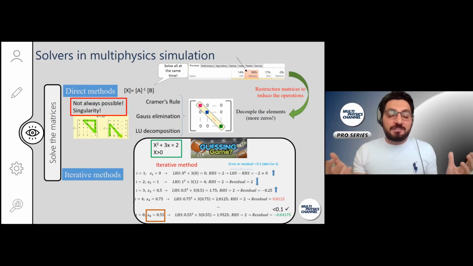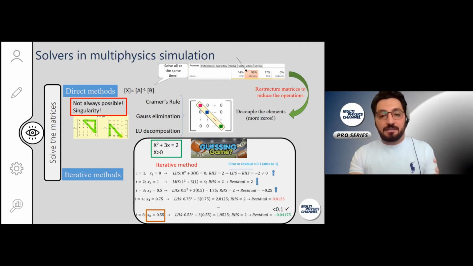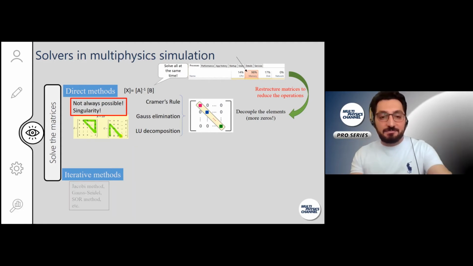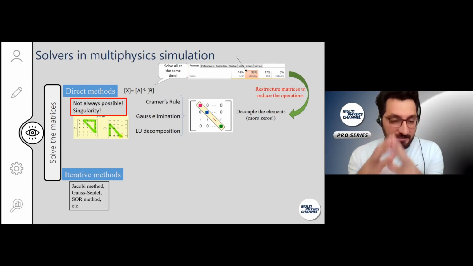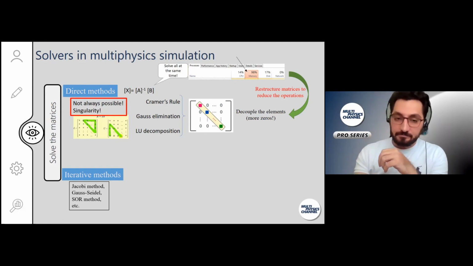So one of the solutions to make it more efficient is to weight the next guess based on the previous residual. This was just an example to let you know how we can make this process more efficient. But all the iterative methods that we have can be categorized in 2 different groups: